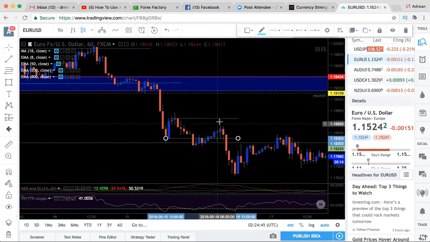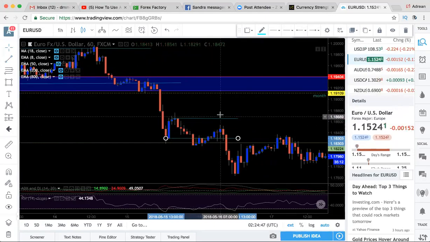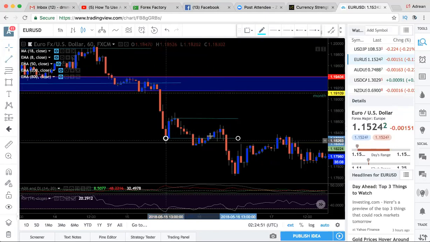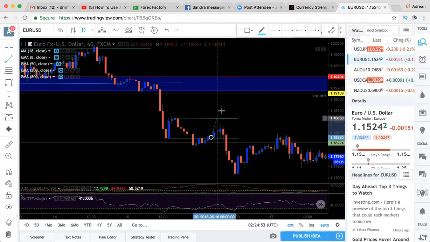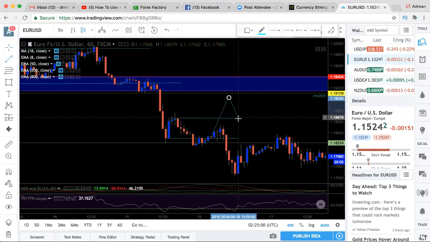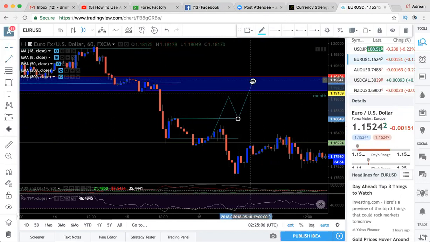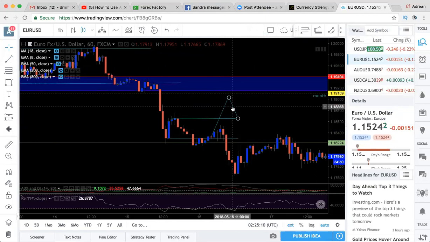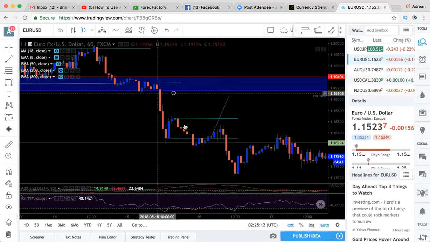Even if it comes back up, if it does not break this area and then find support, it has to do this. It still has to do this for it to be an uptrend. So like that. Come down and then go back up. And then go back up. Right. So you know that this trade is still valid to go down. Right. So not only did it not break this high,